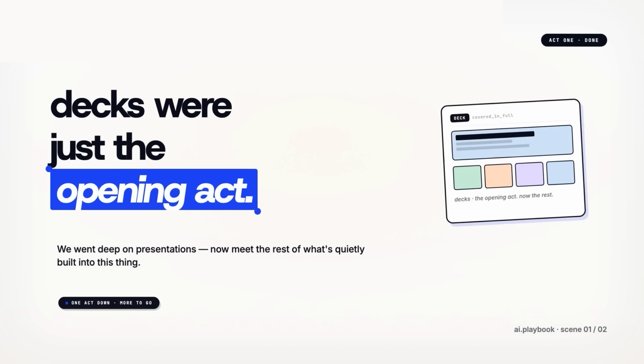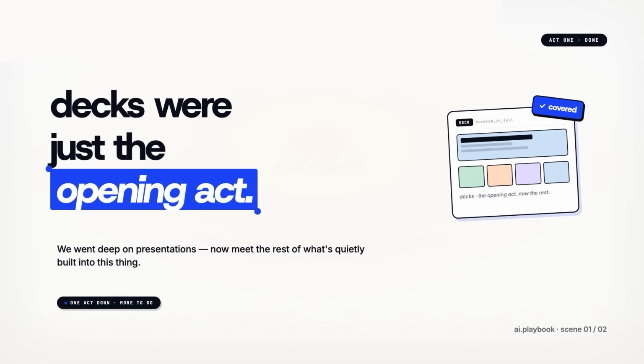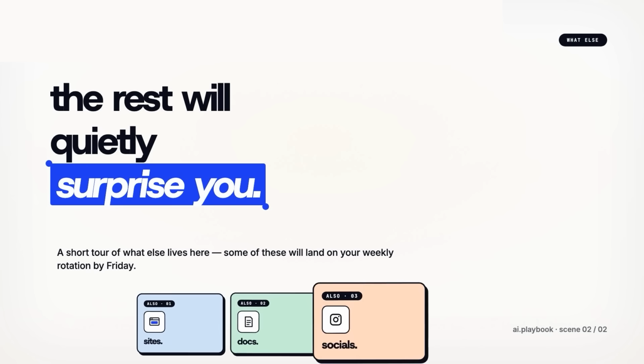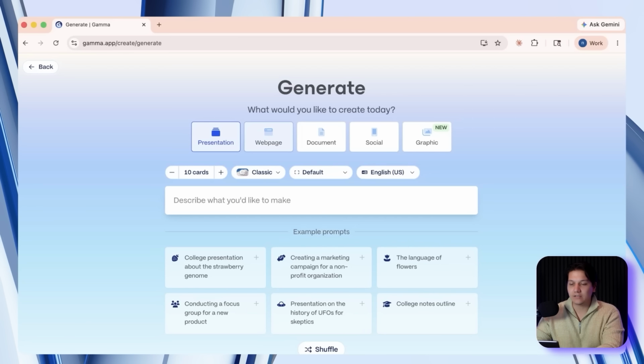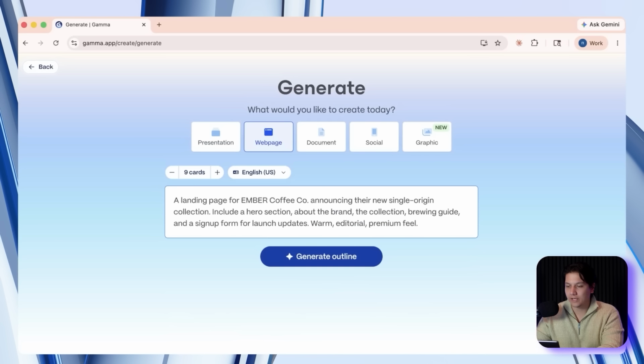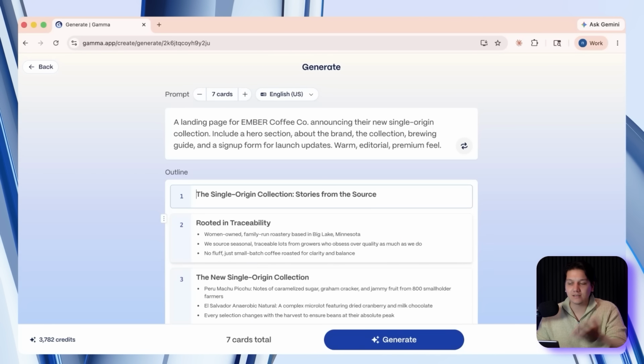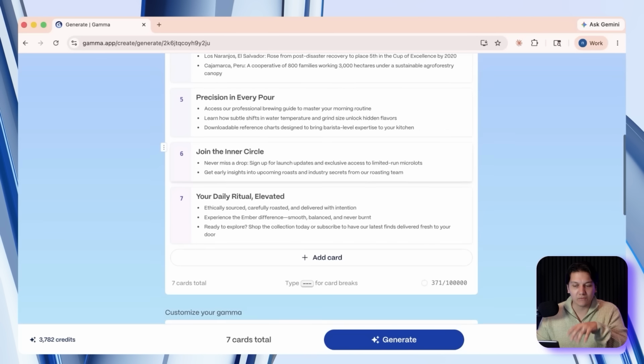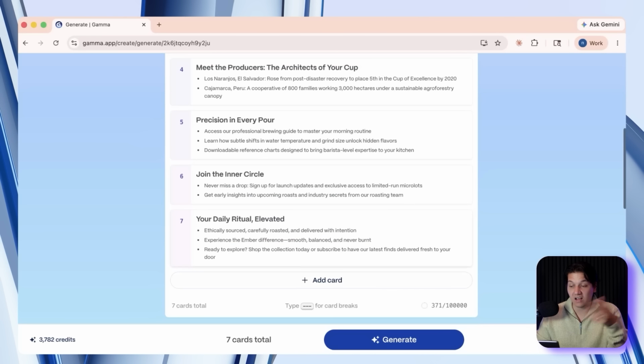Okay, so we've gone deep on the presentations, but Gamma does a lot more than just that. And I'm going to show you everything else because some of these are going to surprise you. First, you have web pages. You just hit new and then select web page and then you give it a prompt or you paste in some content. It's the same process as before, and then you just choose your theme, your style, and you